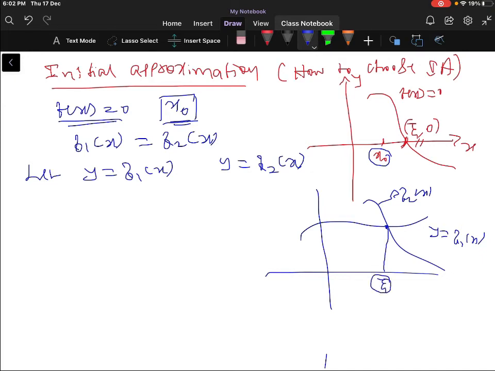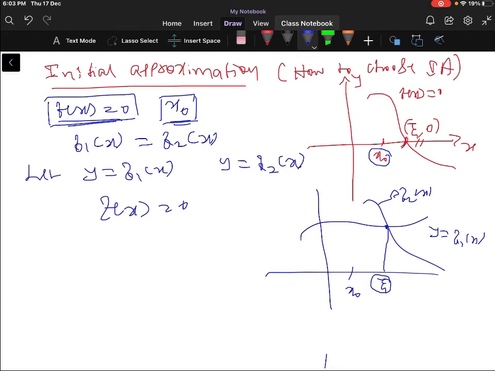So xi is the root of the equation f of x is equal to 0. It means the intersection of the two curves y is equal to f1 of x and y is equal to f2 of x gives the root of the equation f of x is equal to 0. Therefore, a neighborhood of xi can be taken as the initial approximation,